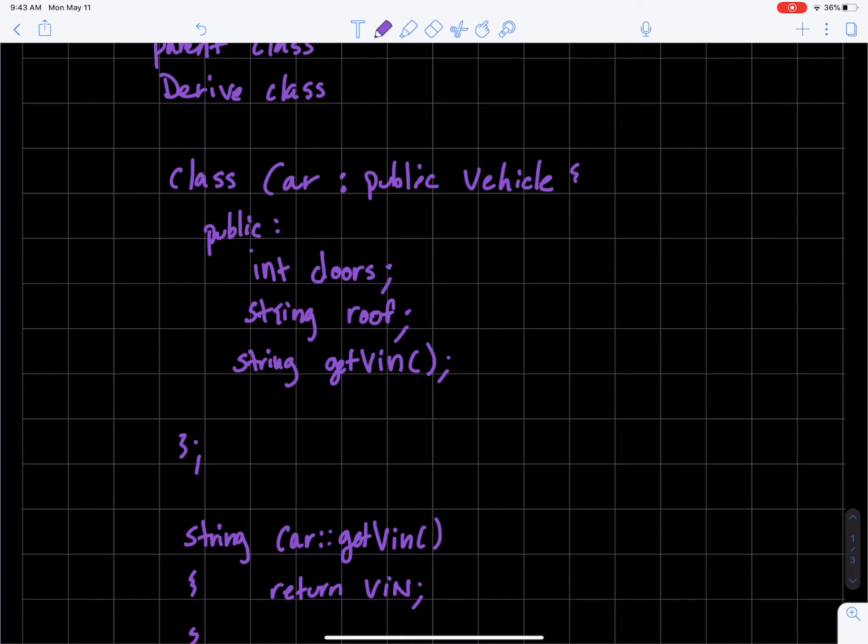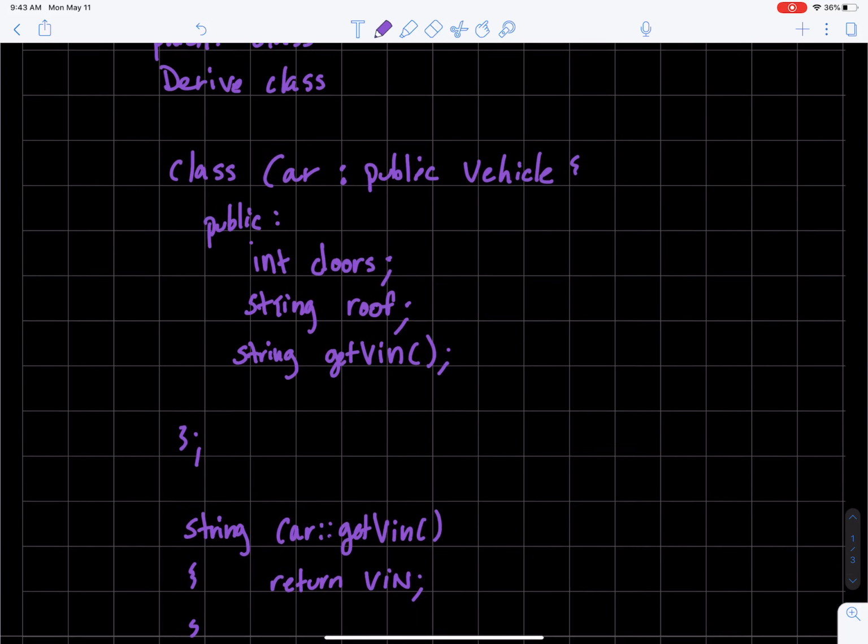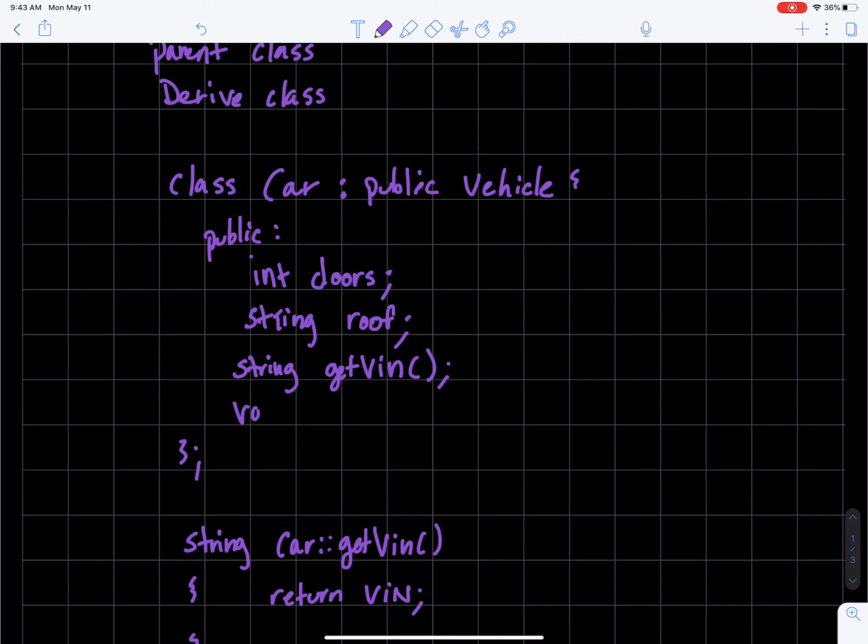But what if you wanted your car to be able to start by pressing a button? Well, the function is still starting the engine, so it probably wouldn't make sense to rename the function, maybe to start engine with button. We could do that, but we could also just keep the name start engine and just change the signature of that function. So I can say void